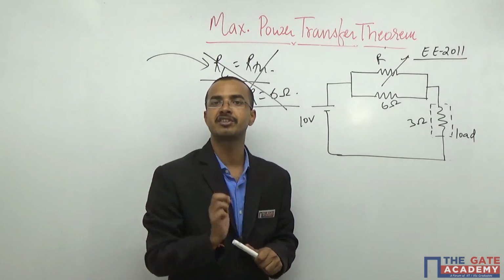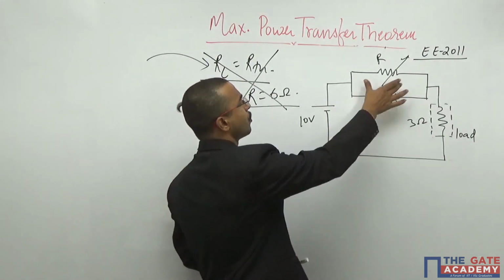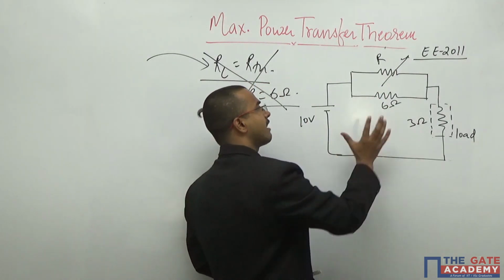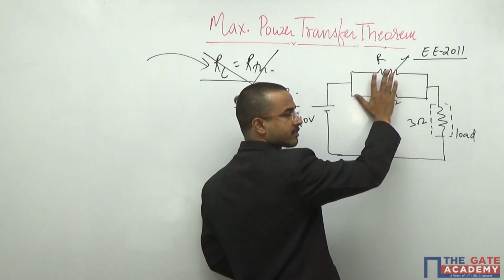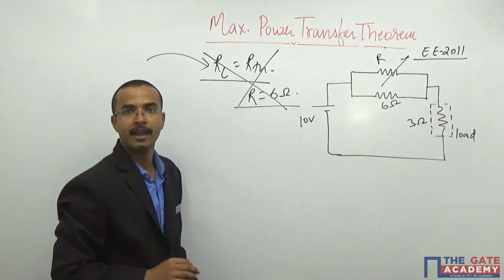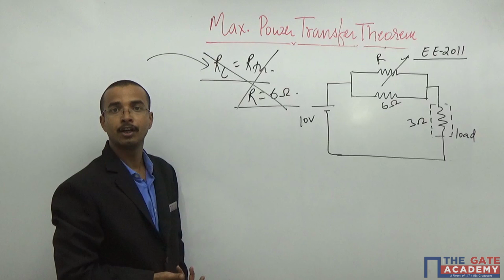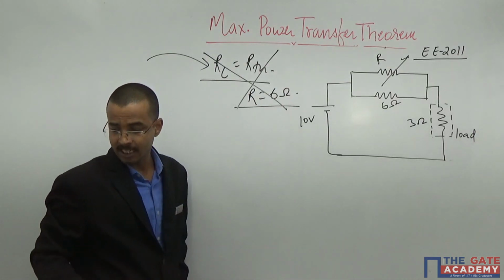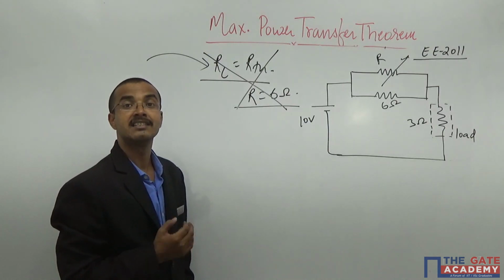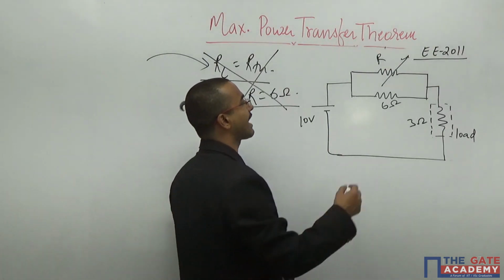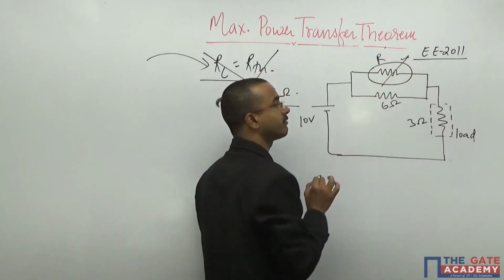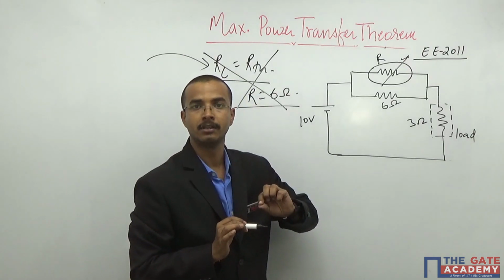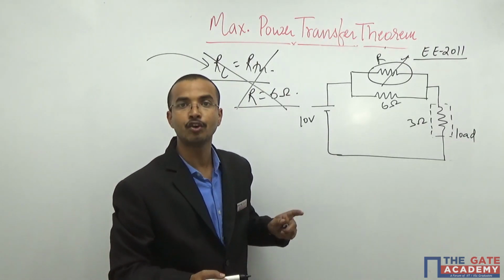Now apply the common sense here. It is your source resistance. What is happening? Whatever the value you will generate here, some value you will drop here, which is a loss, and remaining value you will get here. And what is a human tendency normally? To reduce the losses as minimum as possible. And the least value of the resistance in the options are 0. That means what should be the practical value of the source resistance? It will be as minimum as possible. And they have provided the 0 option here.